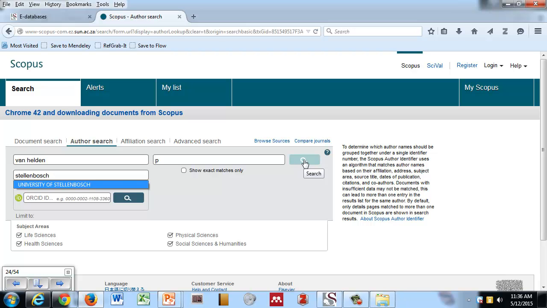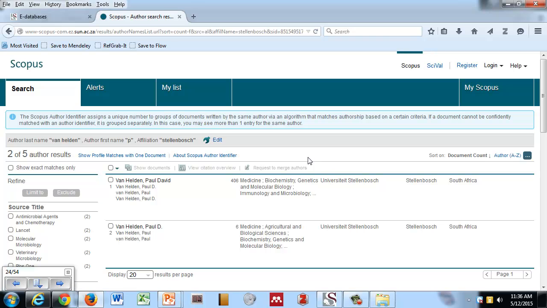As Marie mentioned a bit earlier on, right at the start of her presentation, the ORCID ID. If the author or researcher has a specific ORCID ID, you can add that as well there at the bottom. Unfortunately, I don't know what this particular researcher's ORCID ID is, so I'm going to skip that part. So I'm just going to select search on the right-hand side, and hopefully I will find this particular researcher's